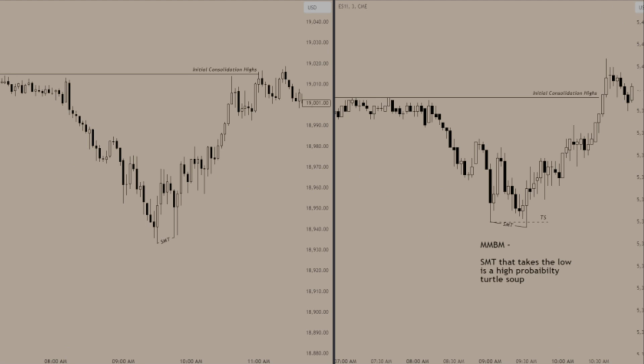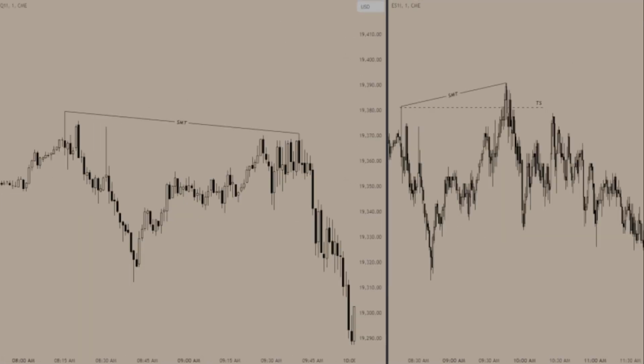And of course, we have my personal favorite, the market maker model framework, right? Once you get that smart money reversal, the SMT that takes out the low in a market maker buy model is a high probability turtle soup. Again, the opposite is also true. For a market maker sell model scenario, the high that takes out the previous high with SMT is a high